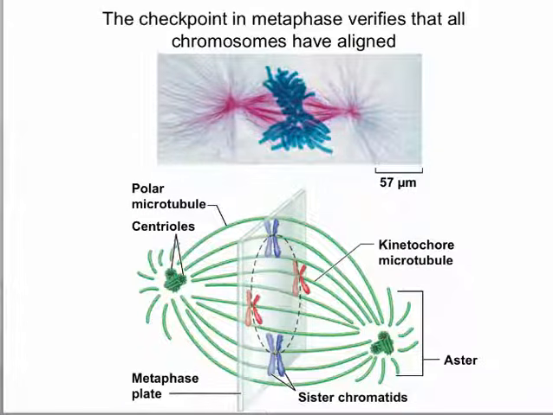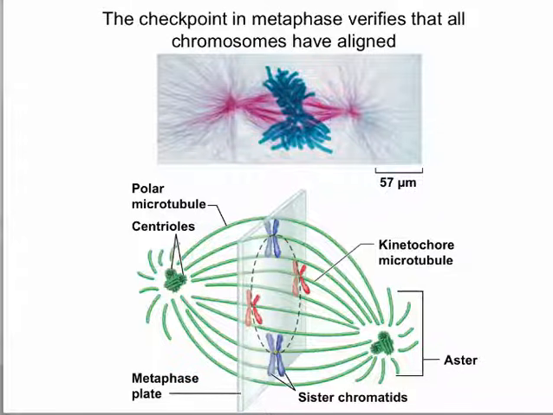And this is a representation of that metaphase plate. So during metaphase, the chromosomes all get to arrange on the center of the cell and are attached to spindle fibers on both sides of the dividing cell. And this will ensure that each daughter cell will get one copy of each chromosome. So once the chromosomes split here, the sister chromatids are attached to each other by the kinetochores. Once the attachment breaks, there is no way for the cell to pair those up. So if they break and they end up in the wrong cell, there is no way to undo that process. That is why this step is so critical.